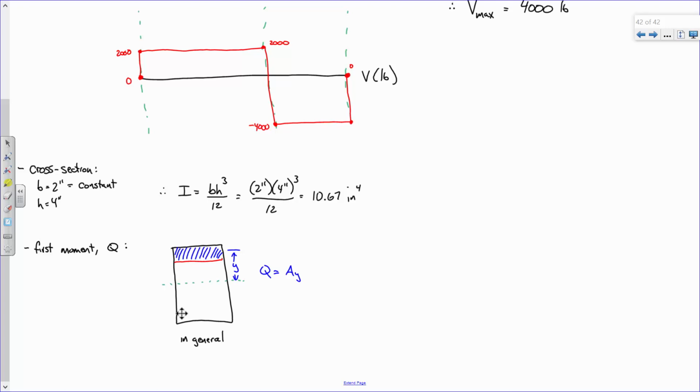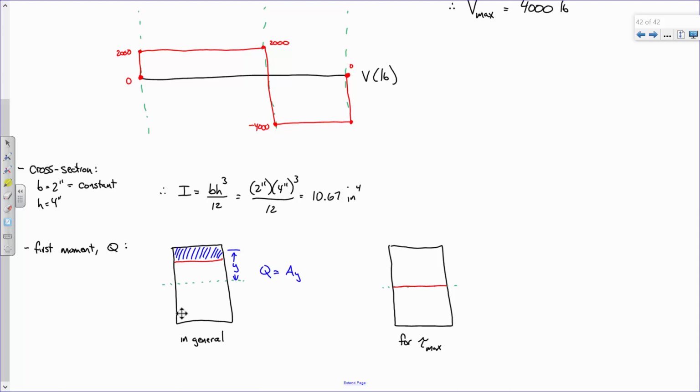It's a first moment of area. That area times that distance. So that's in general how you would compute Q, because you're just integrating that area times the moment arm. That's it. So for tau max, here's our centroid. Maximum shear stress is right here,